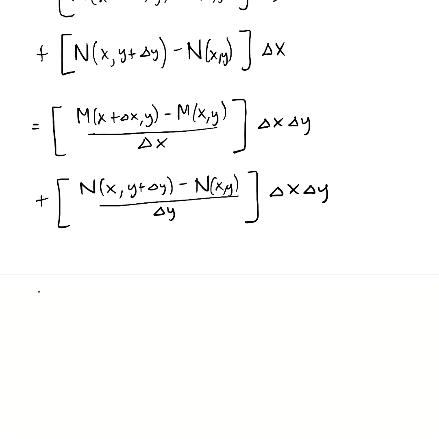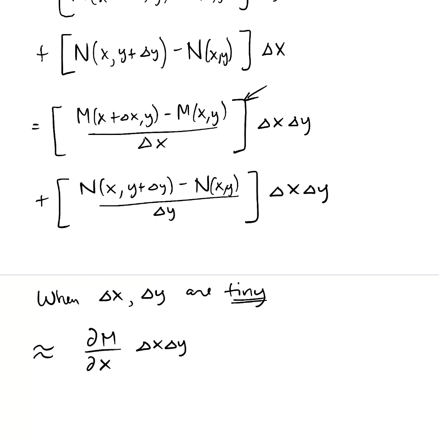Now, when delta x and delta y are tiny, in other words, when that rectangle is super tiny, look what we have. In these first brackets here, is that not roughly the partial dm dx? I mean, look, it's rise over run where the x variable changes and the y variable is fixed. So in a chapter 14 way, that's pretty much dm dx. So we have our grand total is now pretty much dm dx, delta x, delta y plus,